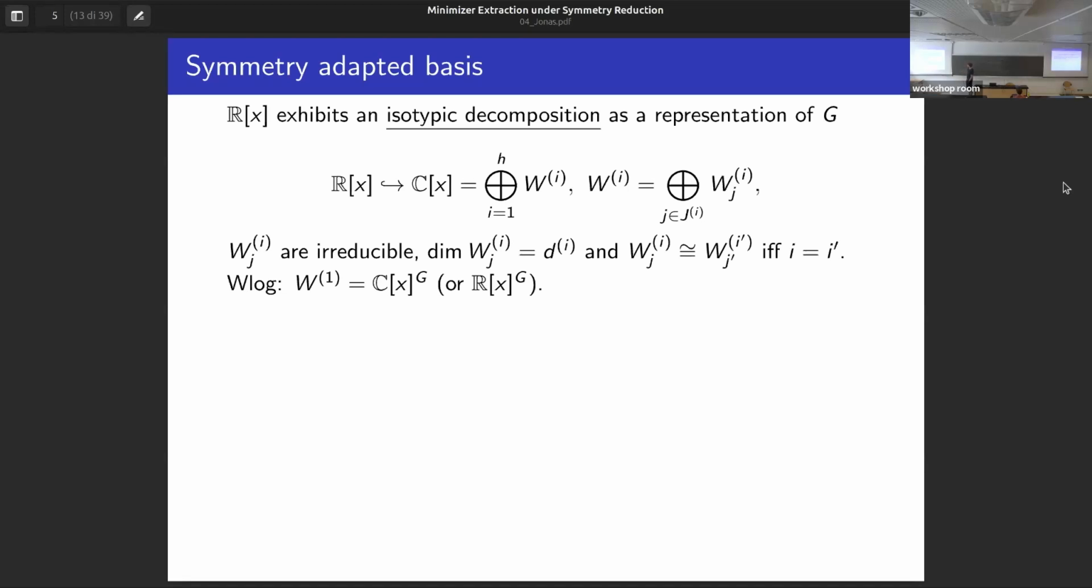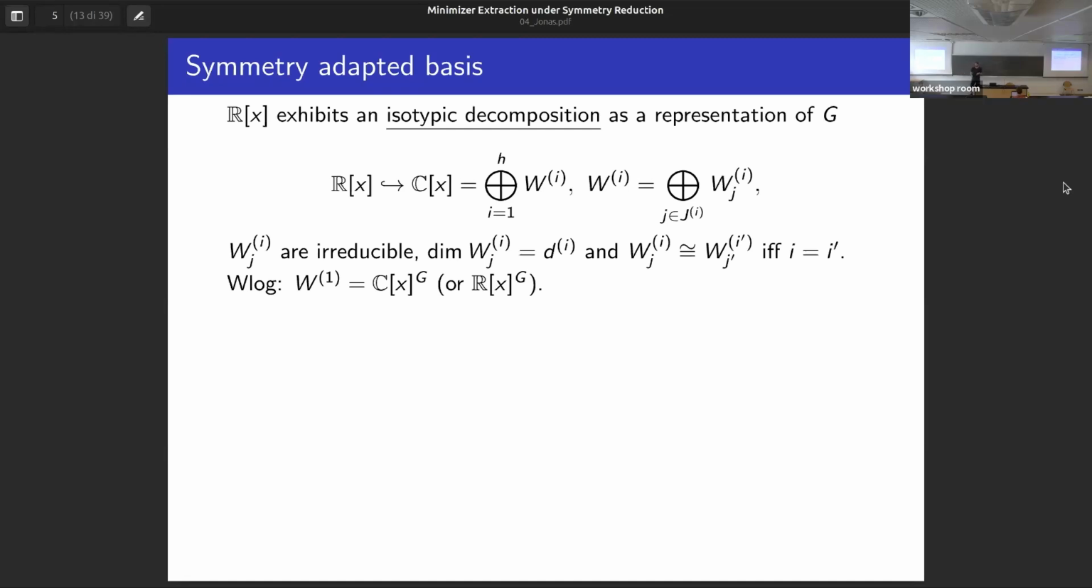And then, so first, unfortunately, you have to embed it into the complex polynomial ring. But then if you do that, you can apply Maschke's lemma, and you get this decomposition into isotypic components. So in the first step, you decompose the complex polynomial ring into these Wi, and these Wi will then further decompose into these Wij, and the Wij will be isomorphic as representations of G if and only if they share